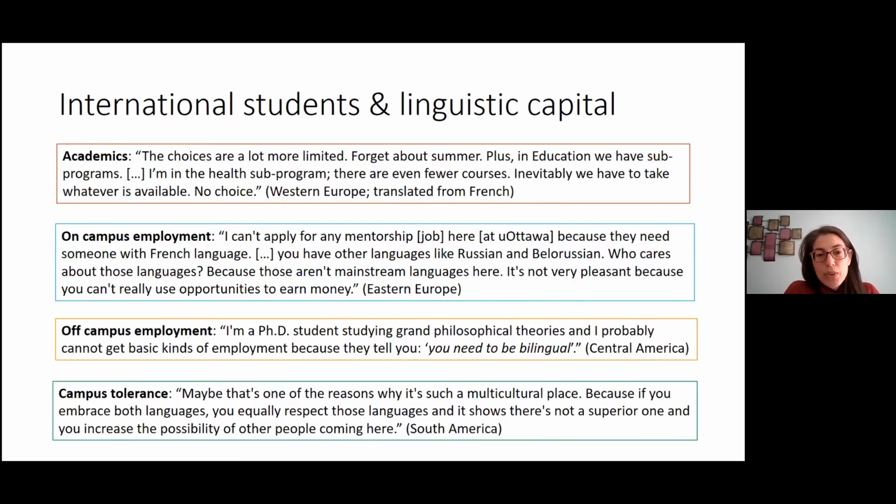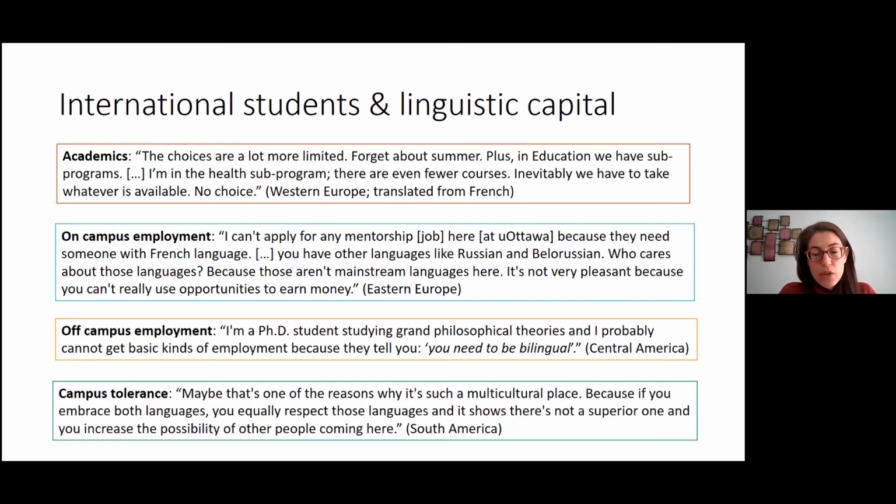Briefly, I wanted to illustrate the diversity of experiences, among other things, because international students' language capital varied significantly, especially between the French-speaking and the English-speaking. But their experiences varied not only depending on whether they were French-speaking or English-speaking, but also depending on their field of study and depending on what area of their lives we were looking at. In terms of academics,